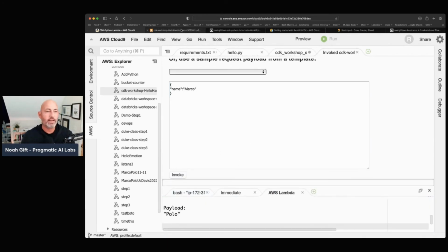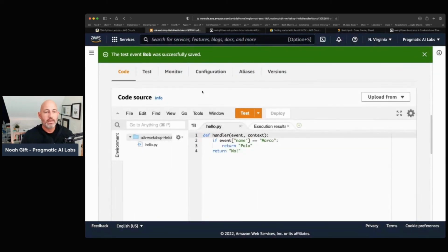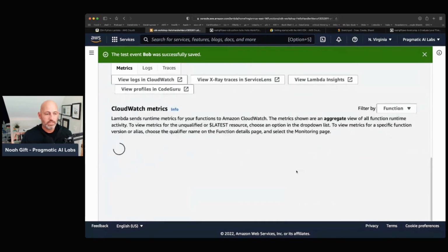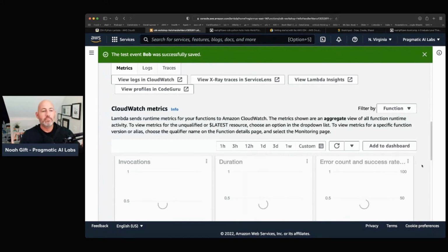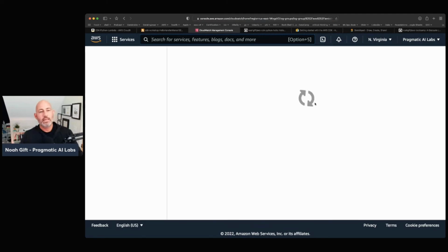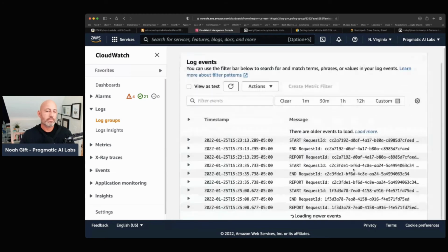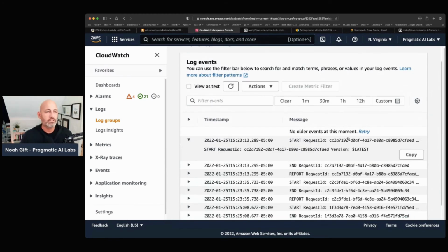We got a result. And in fact, if I go back to this environment here, I can go to the logs, which should show up under monitor. And if we go to logs, you can see all the logs of it being invoked. I could even go into CloudWatch and verify that my Cloud9 environment was the thing that was invoking it. It's pretty easy to do because I could just add in some additional logging information. So that's probably a good place to stop for what I was covering here. And I'm going to stop sharing my screen.